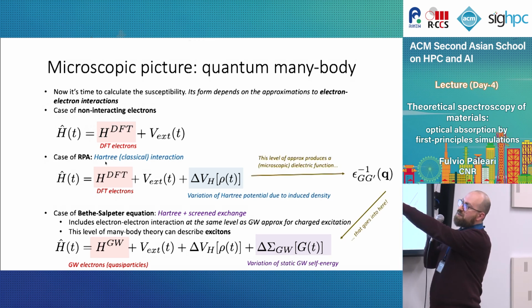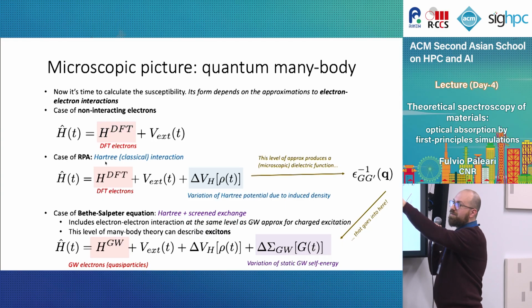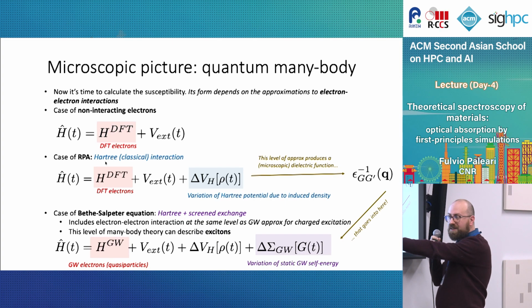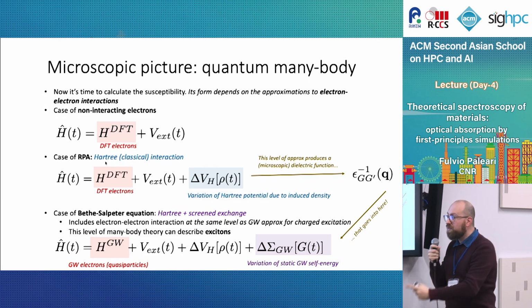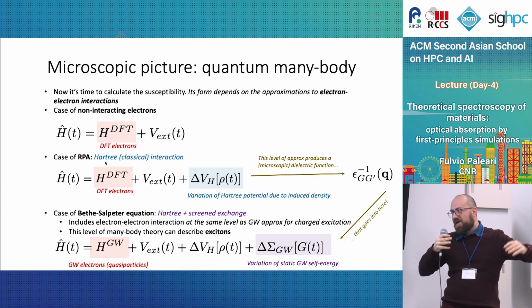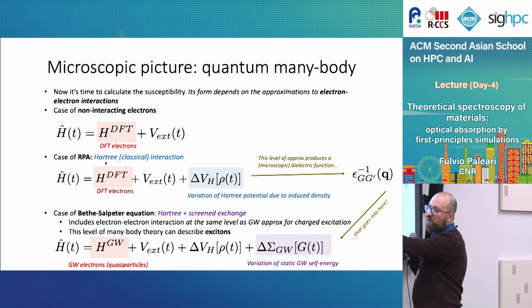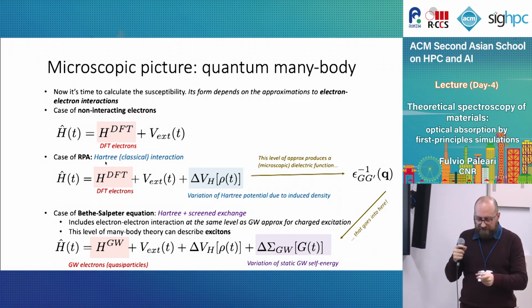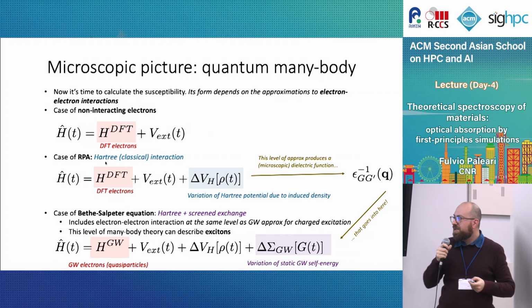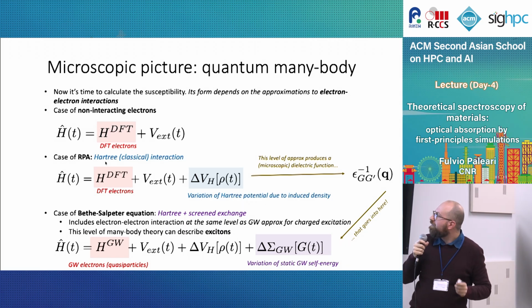By the way, in order to calculate this, you need this, right? So you use this approximation to get the microscopic epsilon. From this approximation, you need to put the here to get this approximation. And then we use this approximation to calculate another epsilon. And this will be the final level at the macroscopic level that will give absorption, including all these effects. And these are the effects that we need to describe, for example, optical spectra in 2D systems or in strange systems, as I will show you.